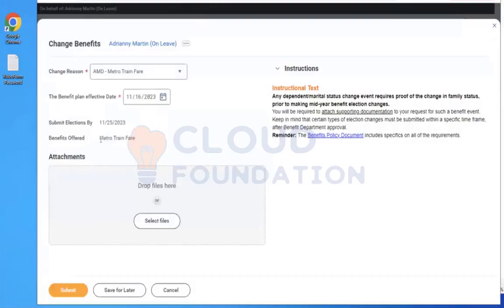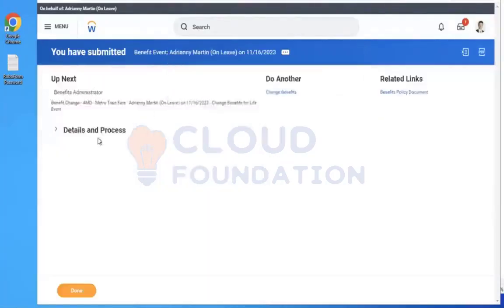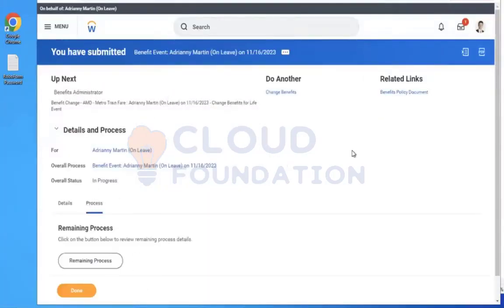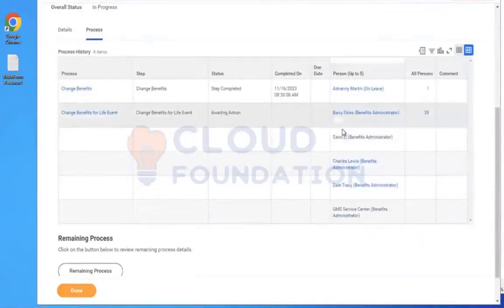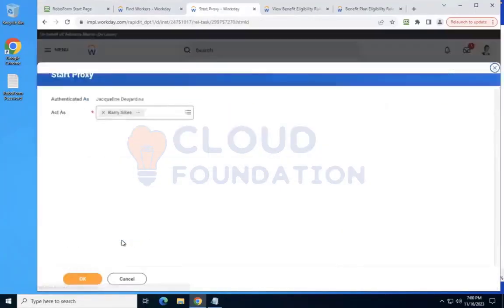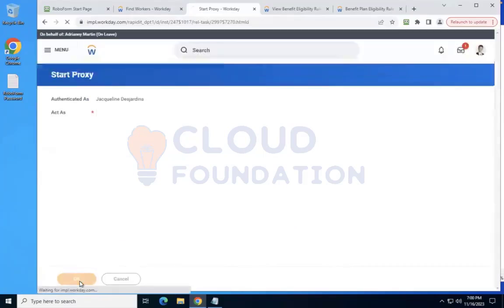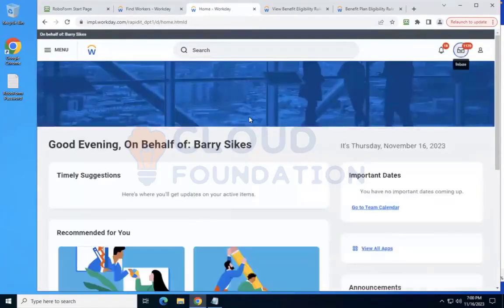It should display here. Now it is offered. Okay, great. Submit. It went to the admin for approvals. Quickly we'll go to admin. Who is the admin here? Barry is the admin. We'll proxy his access. Profile, start proxy as Barry. So business process also we will cover, sir. Security, BP, we will discuss.